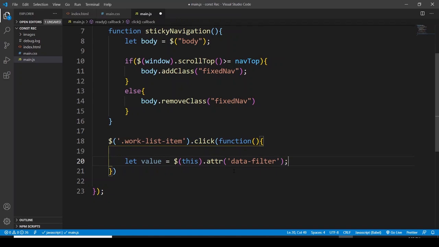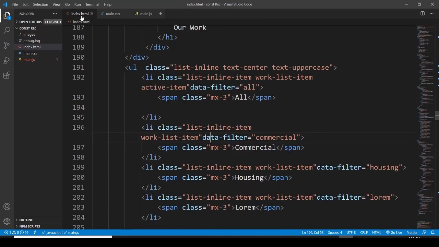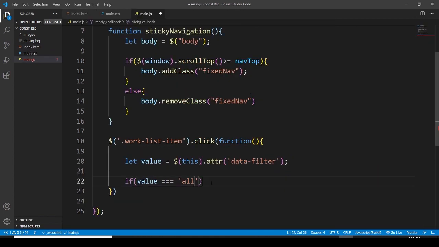Okay, then let's apply the condition that if value is equal to all, means that if it is equal to this data filter all, then there would be a method applied, and that method is filter method. It is going to show